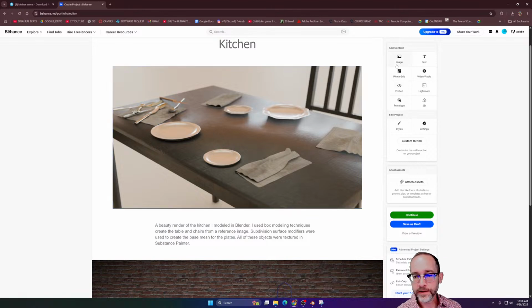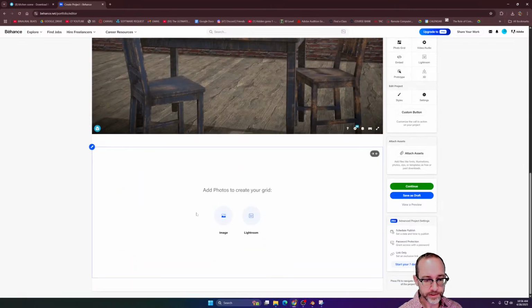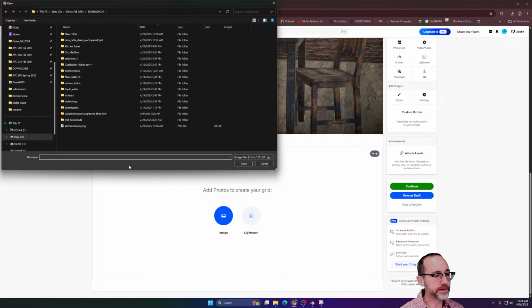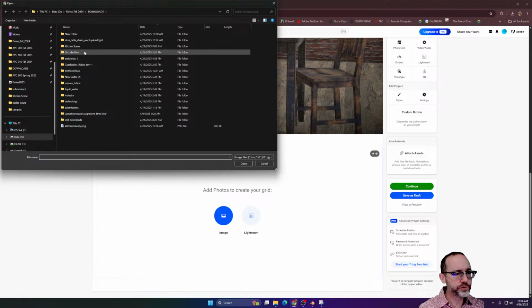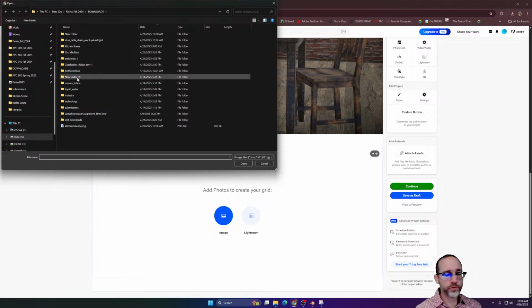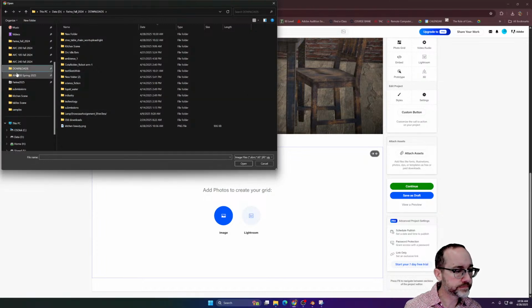If we want to have images next to each other, if you go to photo grid here, now you can add an image and add another image next to it, which would work well for showing the scene and showing the topology of the scene in the topology render. So for instance here,